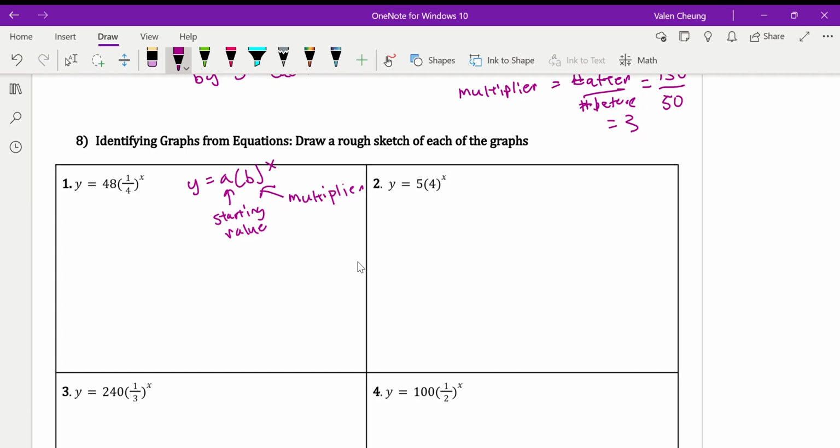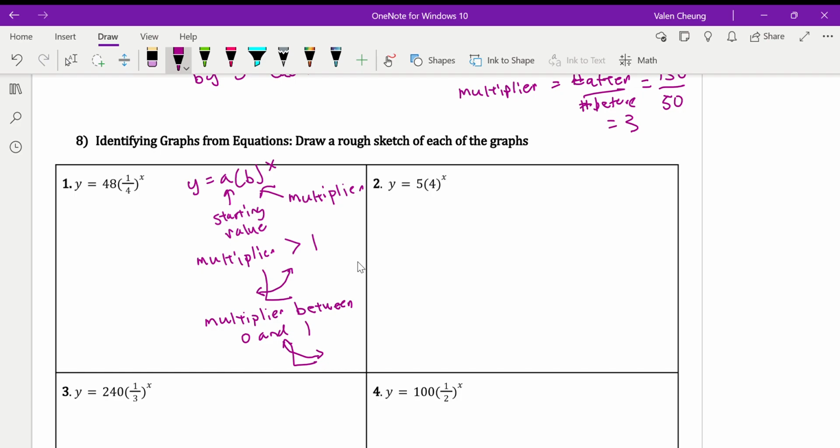So we also know that if the multiplier is greater than 1, then your graph is going to curve up. If the multiplier is between 0 and 1, then it's going to curve down. And remember, in our examples, we're not going to cross the x-axis. Later on, in Algebra 2, you're going to learn about different asymptotes, but we're not going to worry about that